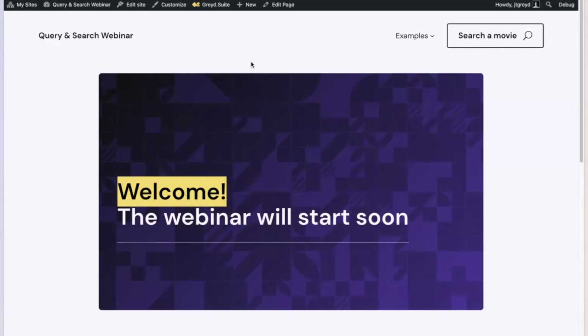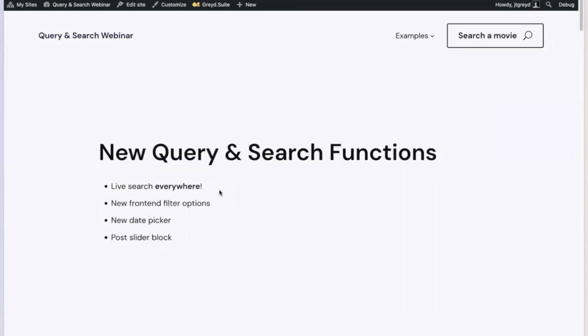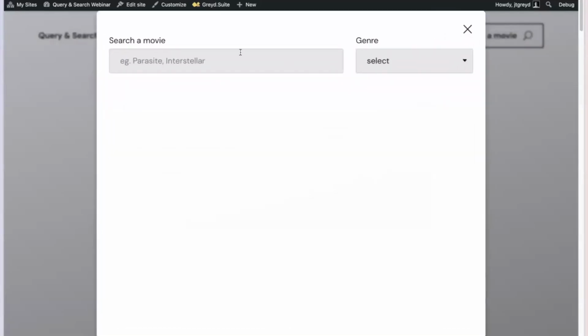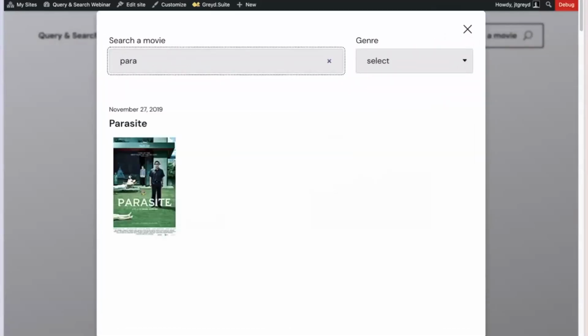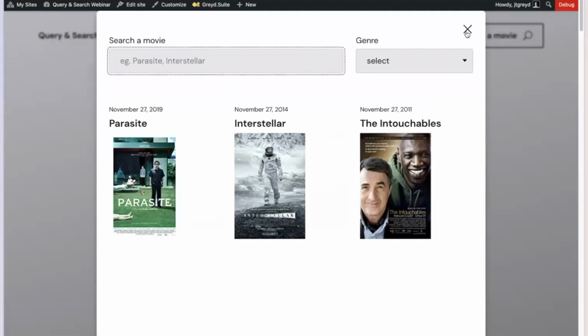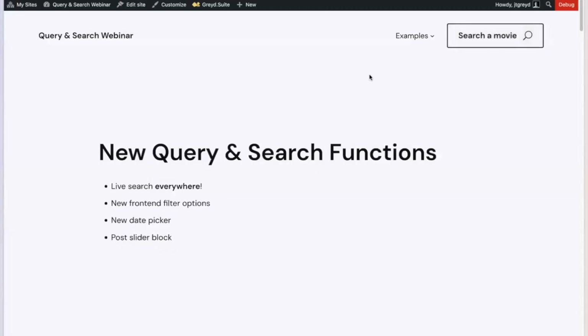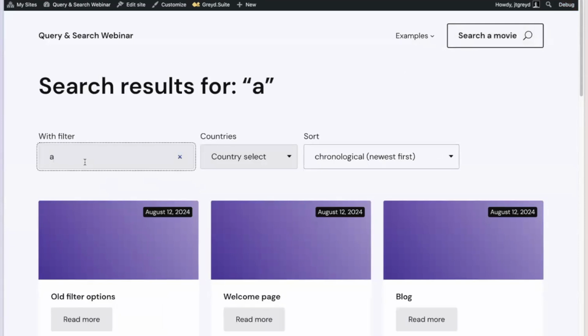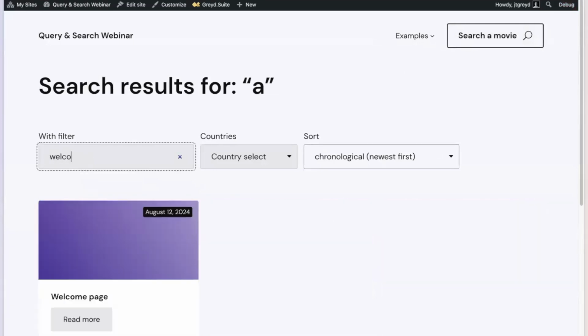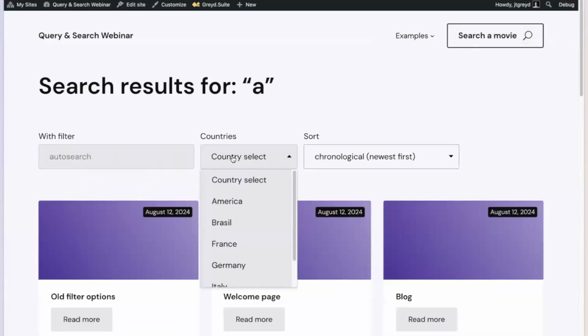So what are we going to take a look at today? The first thing is how you can set up a live search pretty much everywhere. For example, you can build something where your users can instantly search for posts and custom post types inside the header in a pop-up, or you can build something on a search page to have additional capabilities.